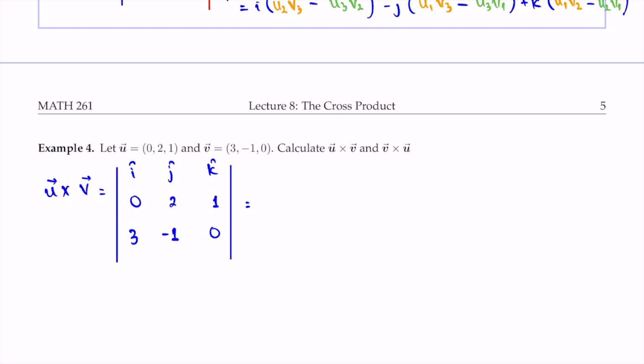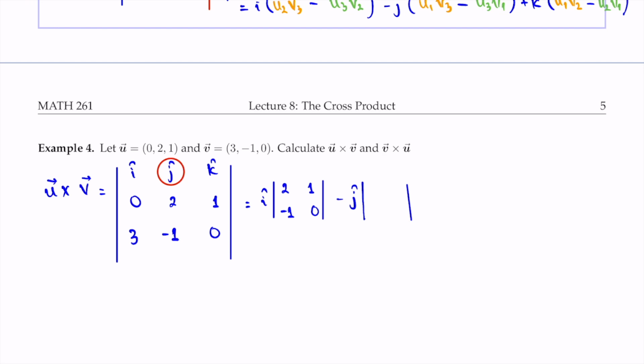Now perform the determinant of the 3 by 3 matrix. So you're going to start with the first entry here for i. You're going to delete the corresponding column and the corresponding row, and you arrive at just the following values: 2, 1, negative 1, and 0, and we're going to form a 2 by 2 determinant on that. So 2, 1, negative 1, 0. Then we're going to move on to the second value, which is j. And when you switch to a new row or a new column, you change the sign of that entry, so negative j, multiplied with the 2 by 2 determinant of